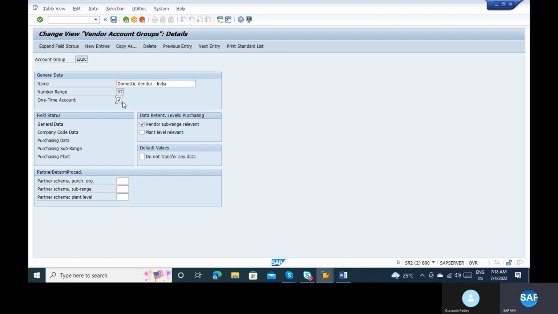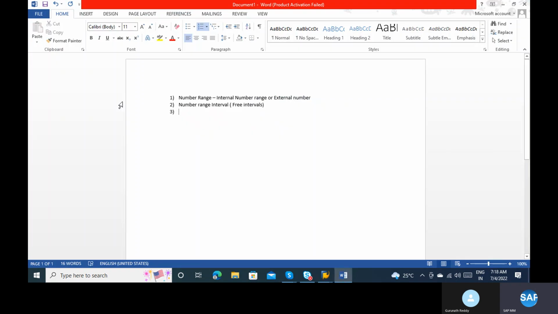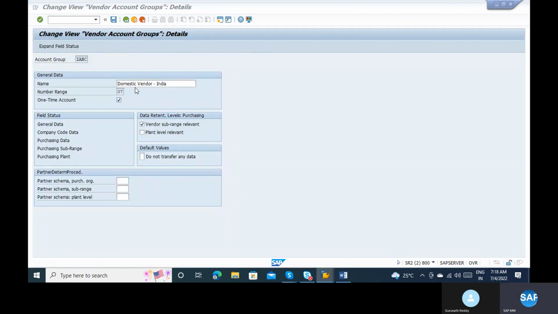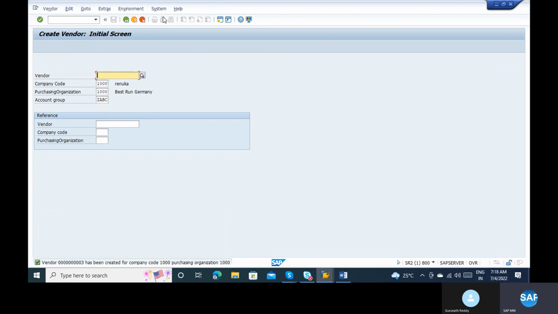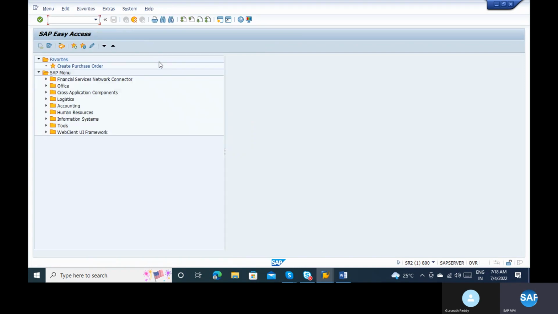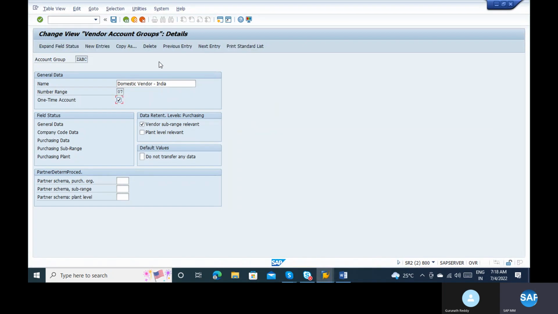Now if I select this one-time vendor, what will happen? Whenever you create a purchase order, you can enter the vendor address manually. It will not be captured from the vendor master record. Suppose today I use the same vendor number for the local Heritage Foods, tomorrow I can use the same number for Ratnadeep, and the day after tomorrow for the same